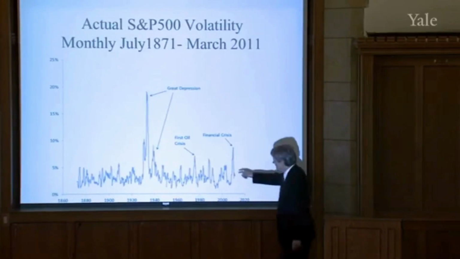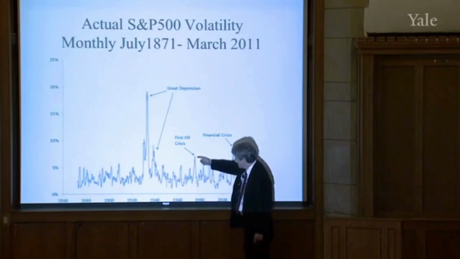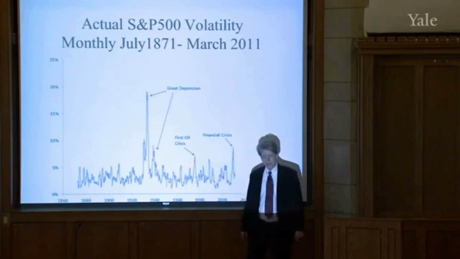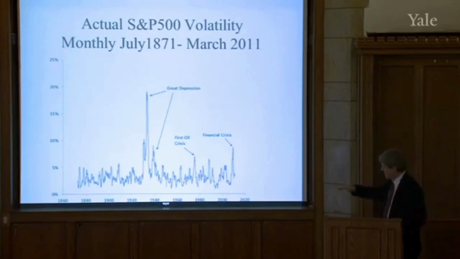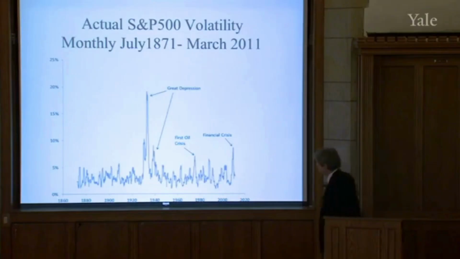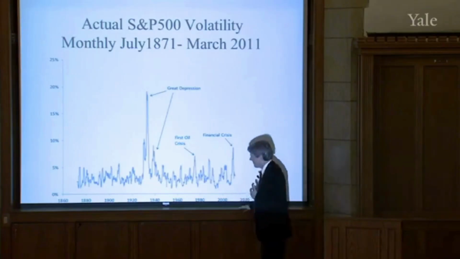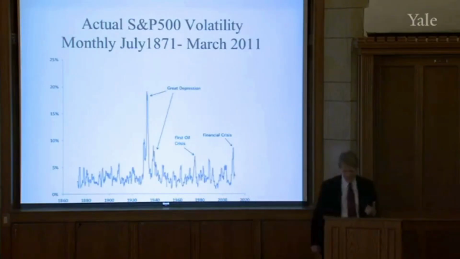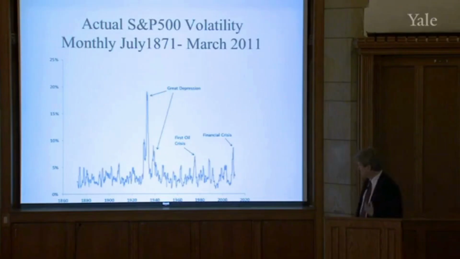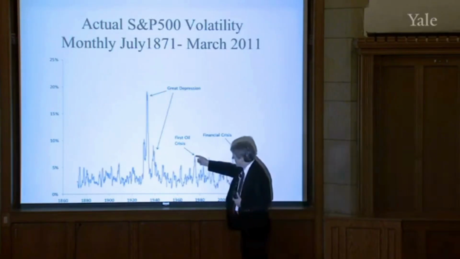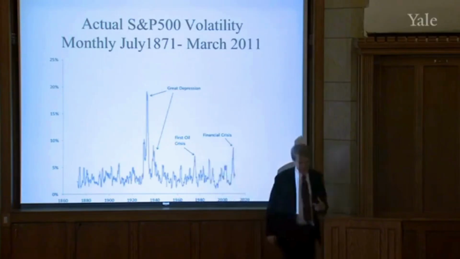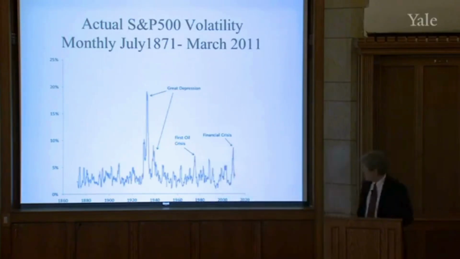What I've also shown here is the first oil crisis, which we talked about in 1974, when oil prices had been locked into a pattern because of the stabilization done by the Texas Railroad Commission. But when that broke, when OPEC first flexed its muscles, it created a sense of new reality, and it caused fear, and it caused a big spike up in volatility of the stock market. But not quite as big as the current financial crisis.